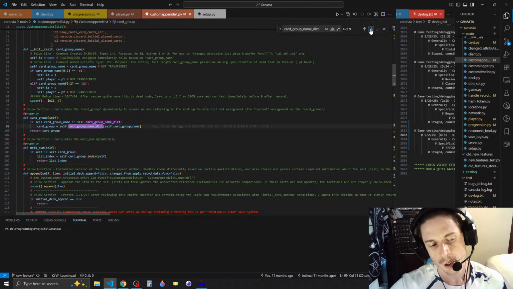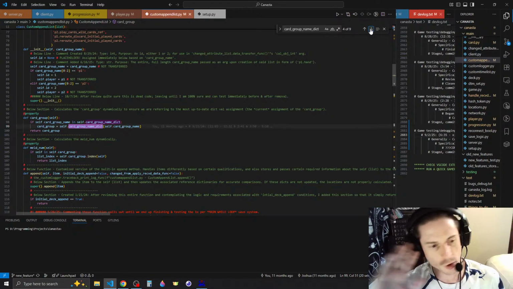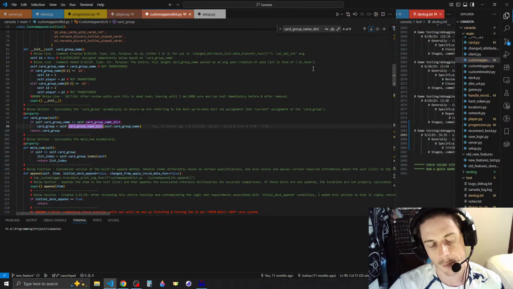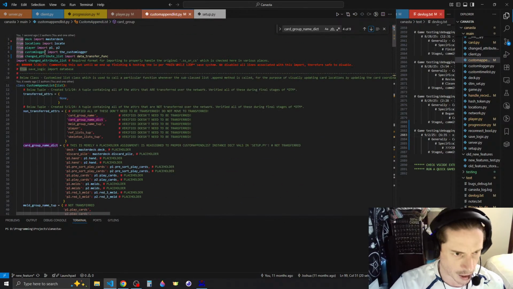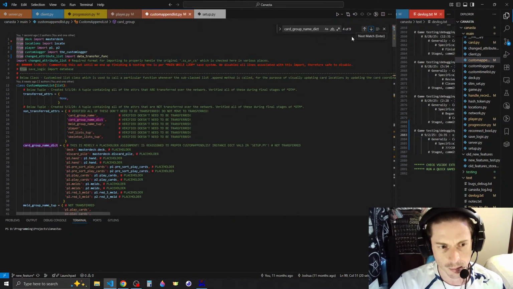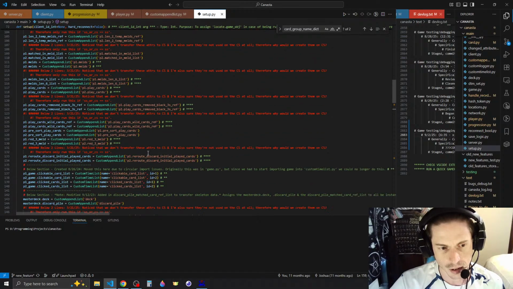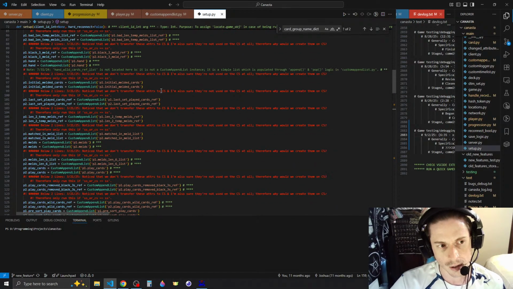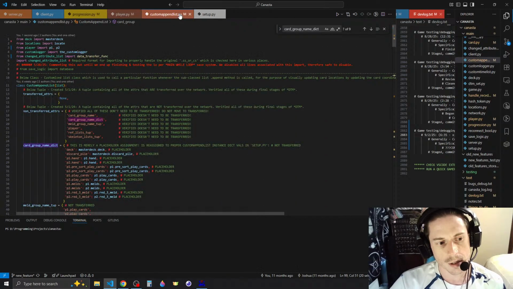So yeah, we would put the card group name dictionary in a new file. Let's just call it card group name dict, whatever, .py. We create it. That has this dictionary inside of it, meaning it's going to import from P1 and P2. And yeah, we're not going to import P1 and P2 here. And then we can import custom append list into player. So instead of instantiating all these instances here, we can do that in the proper location inside of player. And honestly, I really don't like to make a file for literally one thing,